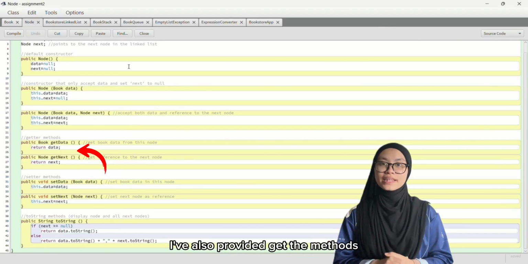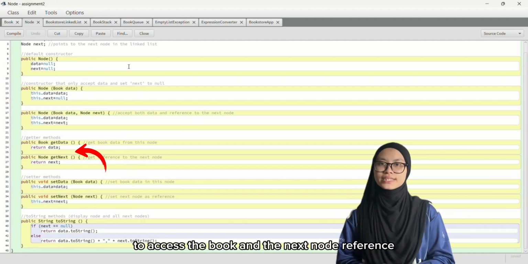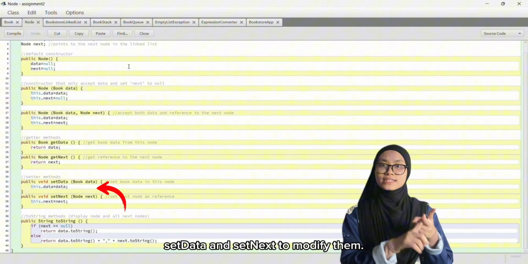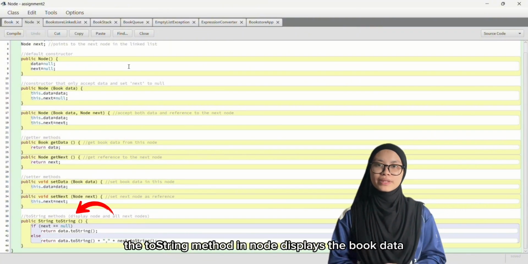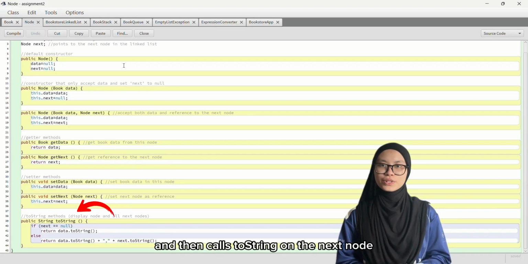I've also provided getter methods getData and getNext to access the book and the next node reference, and setter methods setData and setNext to modify them. The toString method in node displays the book data and then calls toString on the next node,